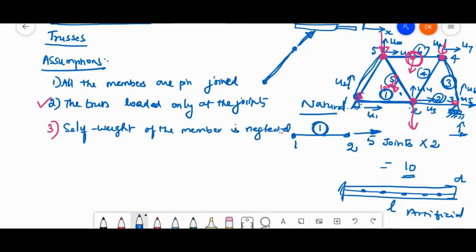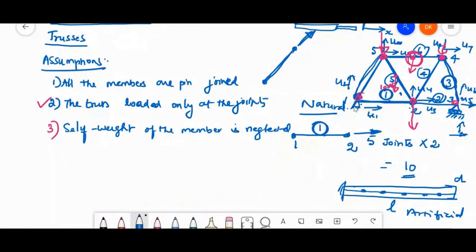Okay, so in the solid bar also, we have analyzed it as a one-dimensional problem. One condition is without considering the self weight of the bar. Then the second option is considering the self weight of the bar. So there are two types of conditions we have assumed, and we have solved the problem.